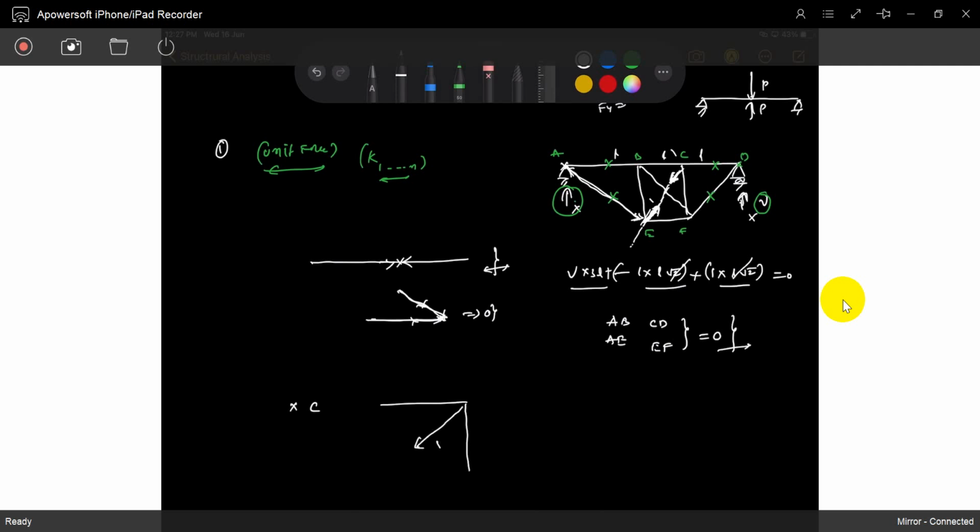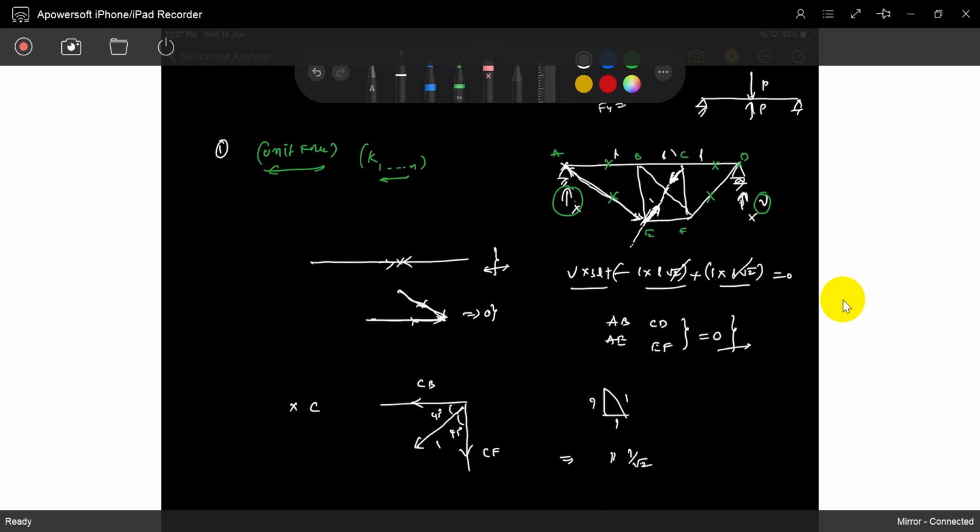This is 1. This is 1. So you can take it as a CB. This is a CF. So how much is it? This is 1. What is this? So this is 1. How much is it? Exactly 45 degrees, right? If the degrees are changing, you have to find sin 60, sin 30. So this is 1 by root 2, this is 1 by root 2. Otherwise you will write 1 cos 45, 1 by root 2.